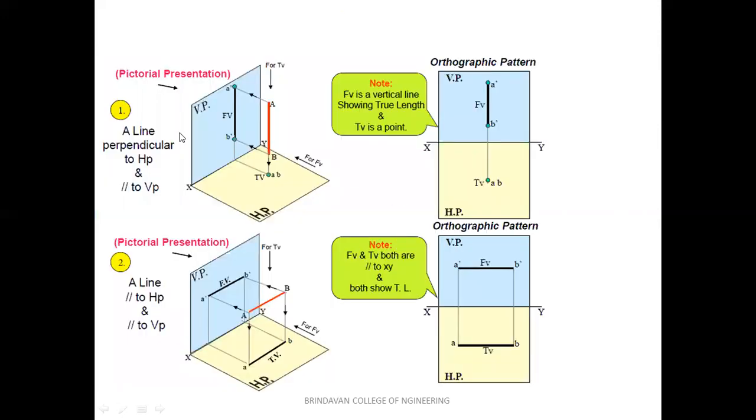You can see in this first concept, line perpendicular to HP and parallel to VP. Perpendicular means we will get a point here, AB. Parallel means we get the same length of line, that's what parallel means. As we are going to open it, this is the front view and this is the top view. You can see in the picture representation too, the line is parallel to both HP and VP. So in this concept, the length of line will be the same in both the top and front view.